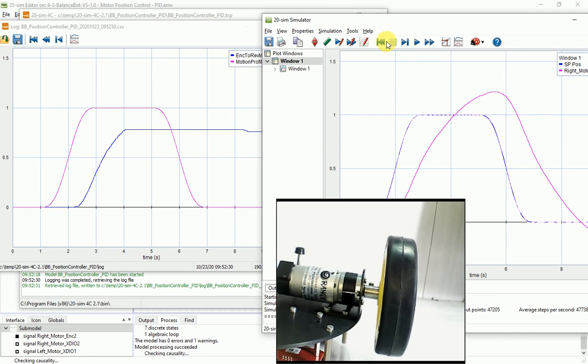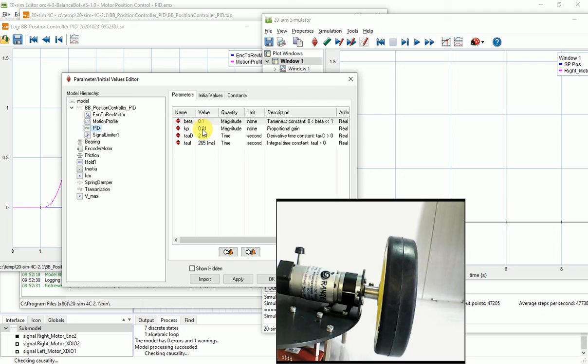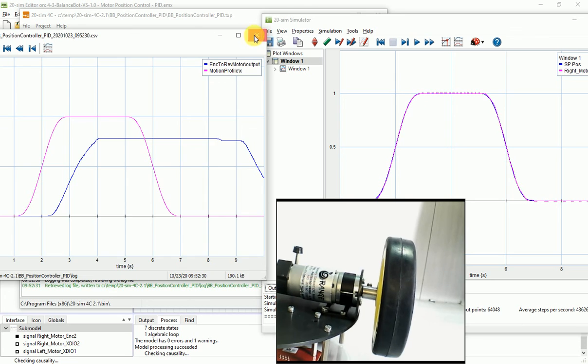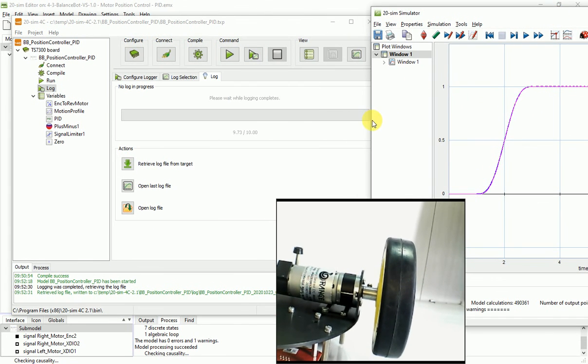So let's see. I just reset in the 20-sim. I set the value back to PID to 1, KPS 1. I run the simulation, so you can see it's very closely following. The same I do in the 4C toolchain. So I just break it on the right side.